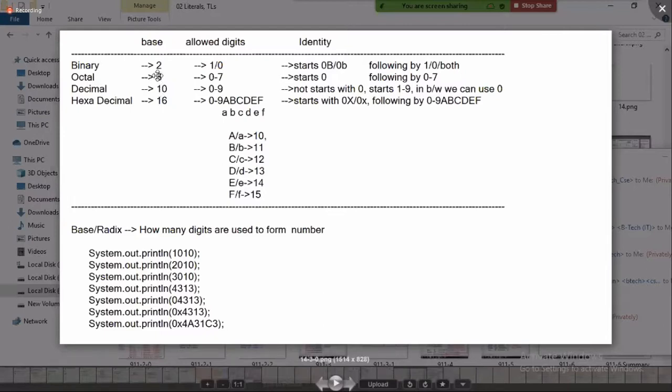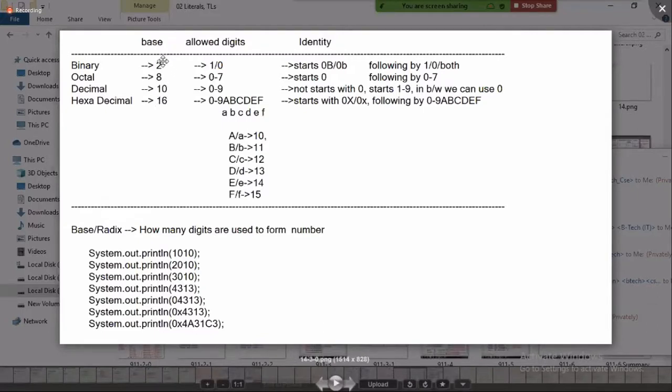Base 2 means only 2 digits are allowed: 1 or 0. In an octal number, the allowed digits are 8, 0 to 7. In a decimal, the allowed digits are 10, 0 to 9. In a hexadecimal literal, the allowed digits are 16, 0 to 9 and A to F. So that's why it is called the base. What do you call it?